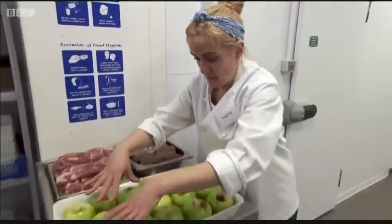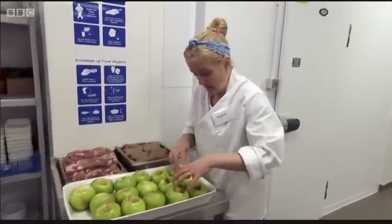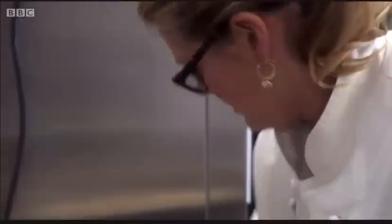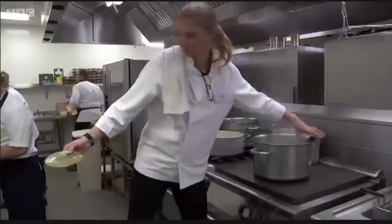Watching Sophie work started to frighten me. She had no system at all. Sophie's organisational skills, they're not the best. With the pressure on, Susanna and Jodie are underway with their mains,